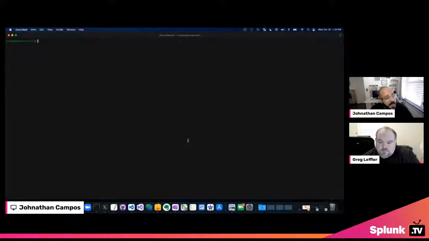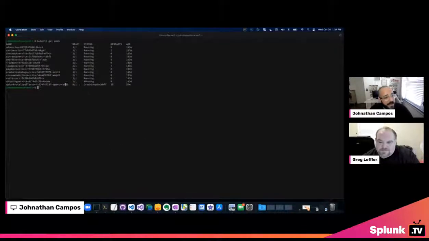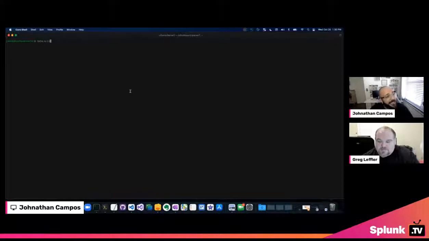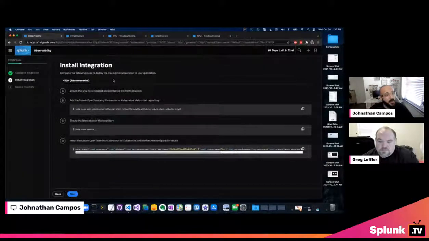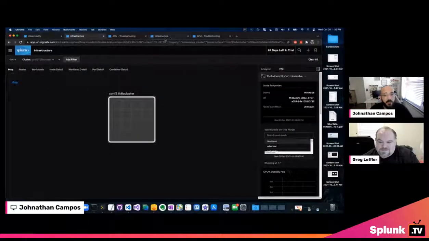Now, for the sake of time, I'm just going to show you guys what that looks like. If we do a kubectl get pods, you'll see that the actual collector has been installed and has been rebooting for quite a bit because we were doing some testing in this particular environment. You can also do helm list to see your installation. And I made a couple of revisions, I'm not going to lie, for this particular test, just to show you guys some quick and easy examples of what it looks like within Splunk Observability Cloud, just for demo purposes.